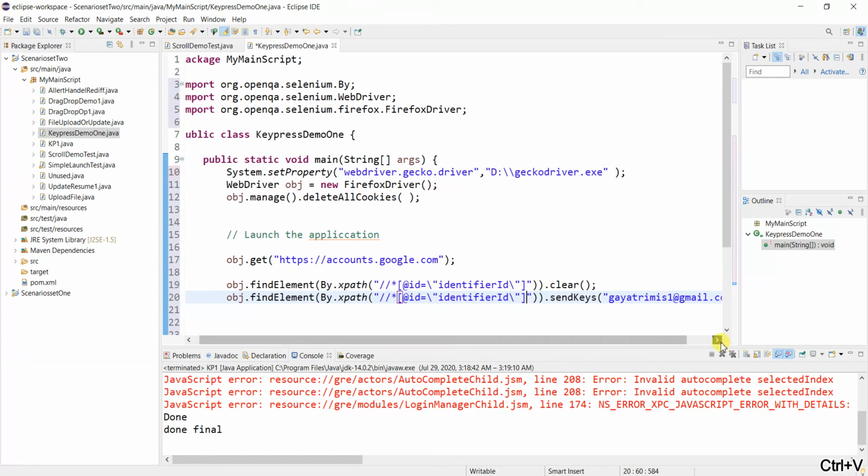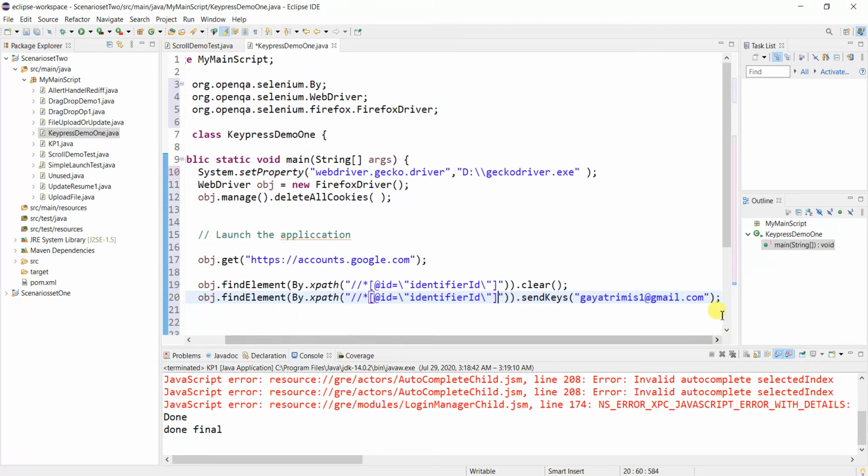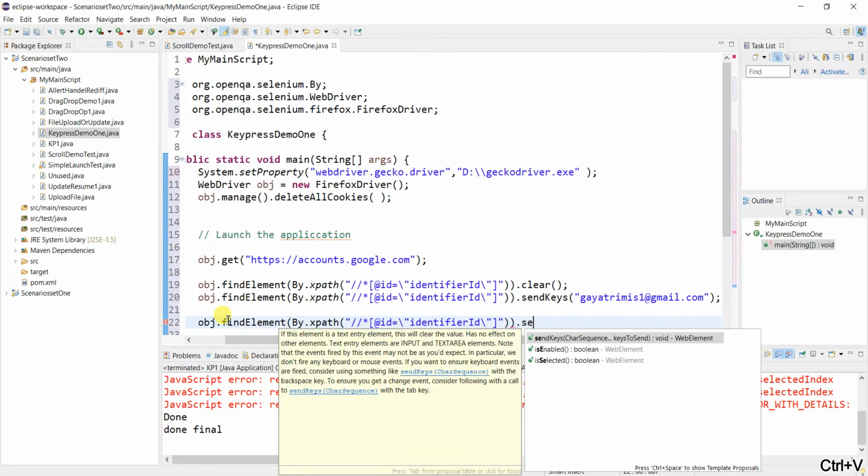Next step is to click on tab. So how can we do that? We need to use send keys. So let's say from the same field. So I'll copy from the same field. We need to click on tab after entering the test data. So I'll copy this much, and here we should use send keys,